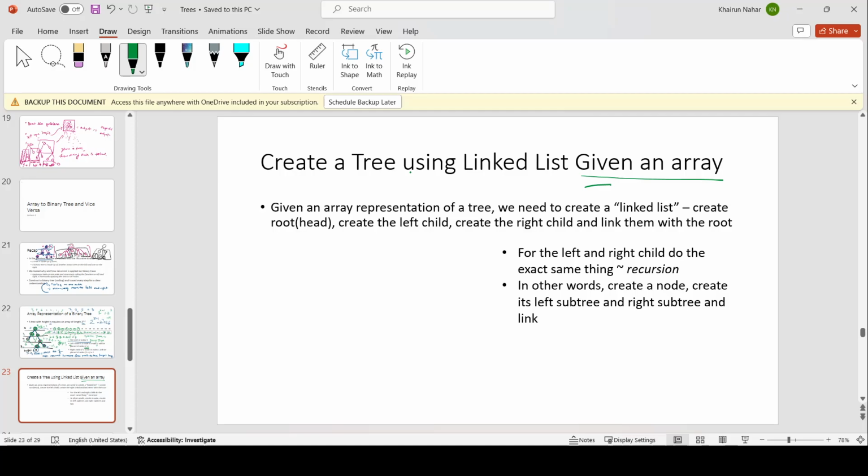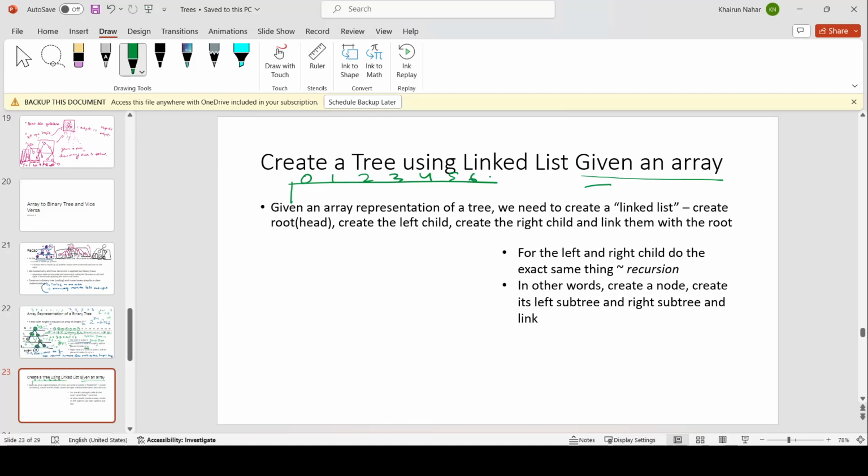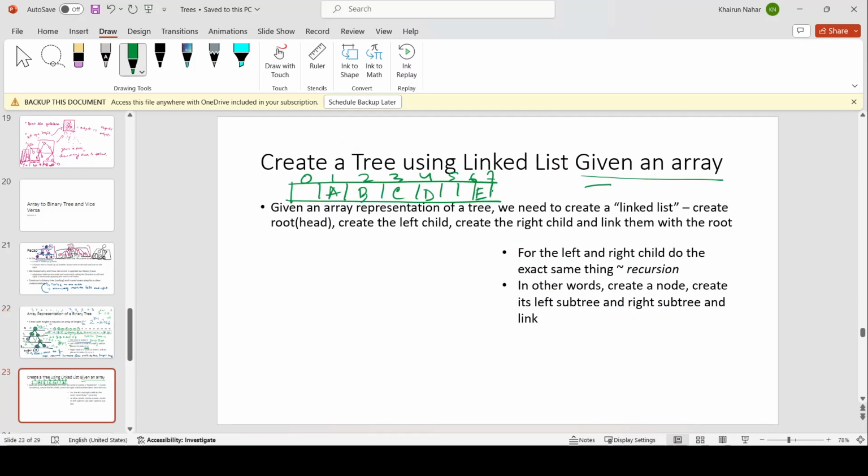Okay, so let's draw a tree. ছোট একটা tree আমরা একটা array presentation আঁকি। মনে করি এই tree ছোট একটা version আঁকি। So I have A, B, C, D and E, for example. তো আমাদের এই ট্রিটা দেয়া আছে, array representation ট্রিটা দেওয়া আছে, এবং এটাকে আমাকে এরকম লিঙ্ক লিস্ট আকারে একটা ট্রি তৈরি করতে হবে। কিভাবে করবো? ইটস ভেরি ইজি।